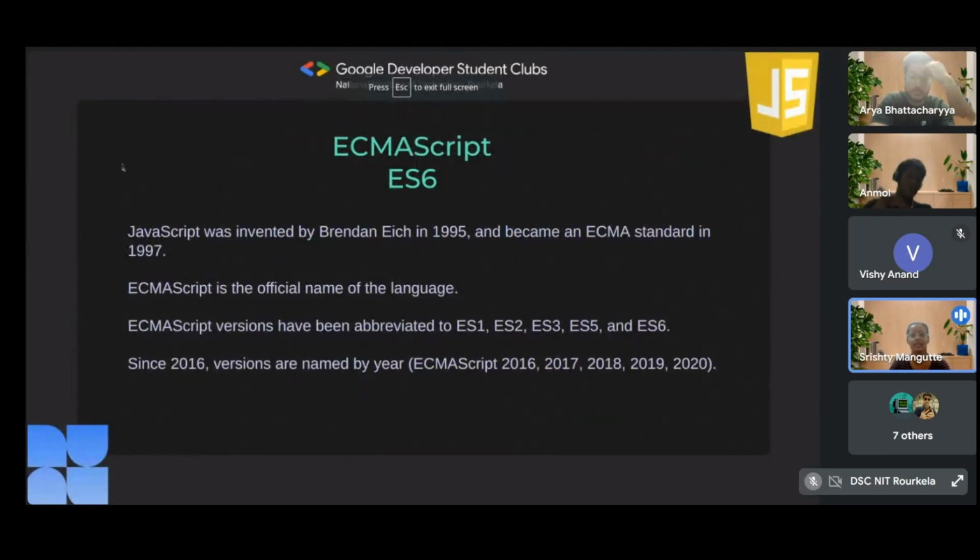Moving on. So this was hoisting. After hoisting, I said that let and const were not there before 2015. They were introduced. So what is this version? The versions of JavaScript we call ECMAScript, and the versions prior to 2020 we used to name them as ES6, ES1. The one released in 2015 is named ES6 because that was the sixth version. So we have versions like ES1, ES2, similarly ES6. After 2016, we started naming them ECMAScript 2016, ECMAScript 2017.